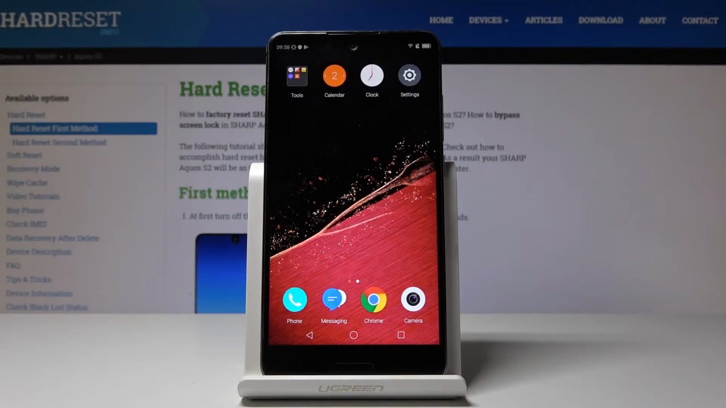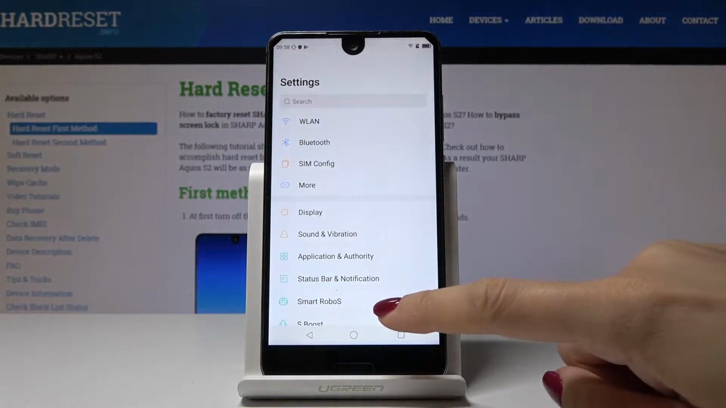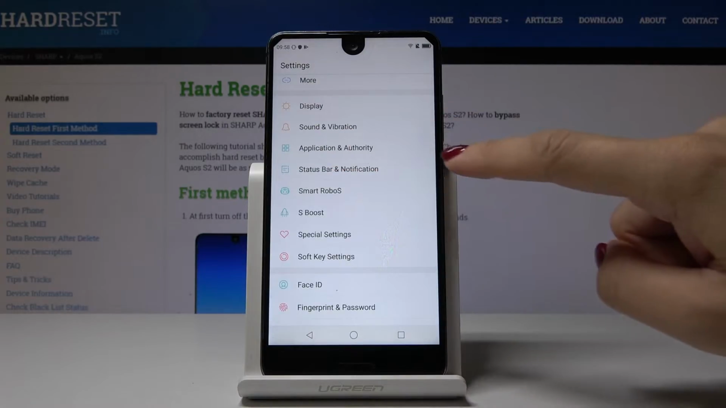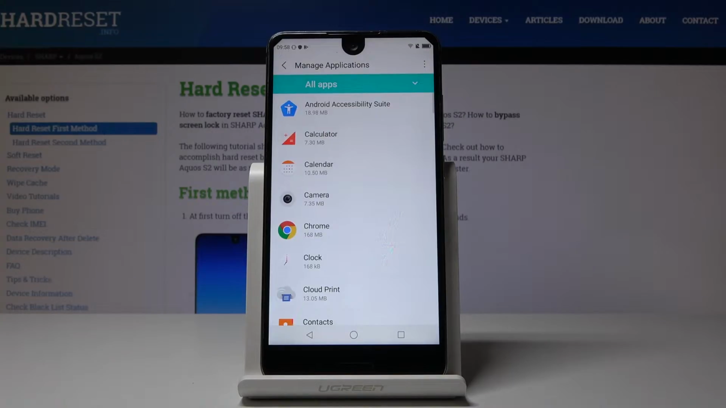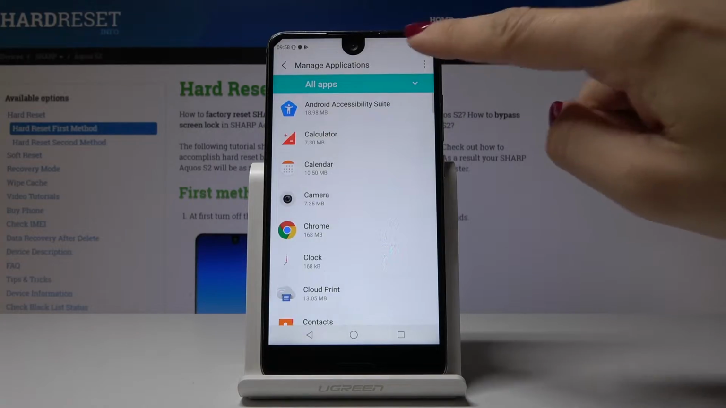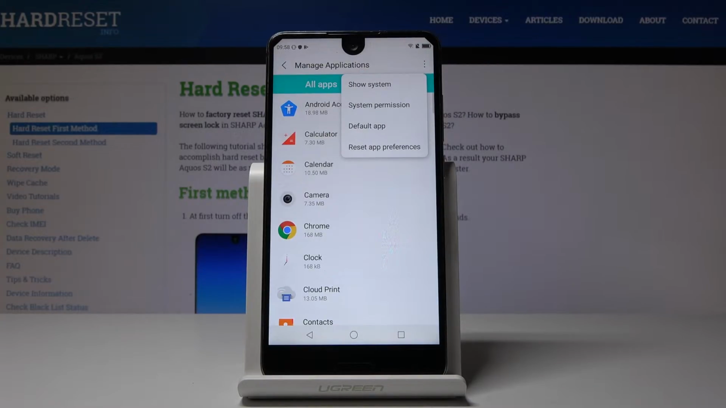Here I've got SHARP Aquos S2 and let me show you how to reset app preferences on the following device. So at first let's open the settings, then find and select Application and Authority and go to Manage Applications. Now click on the More icon, which is 3 dots in the upper corner, and then select the reset app